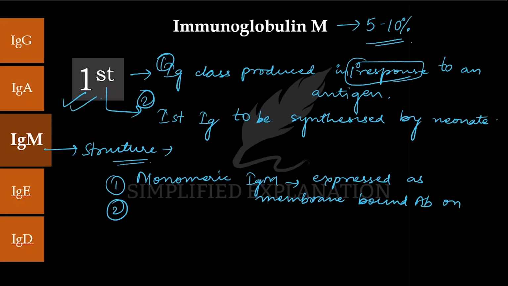And second is the pentameric form, pentameric IgM. This pentameric IgM is secreted by the plasma cells as a pentamer,